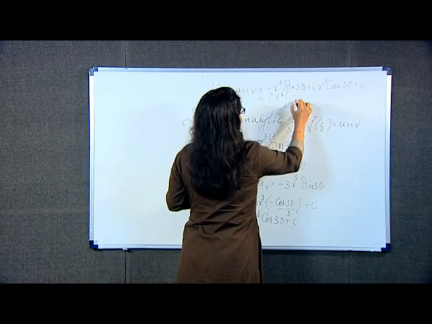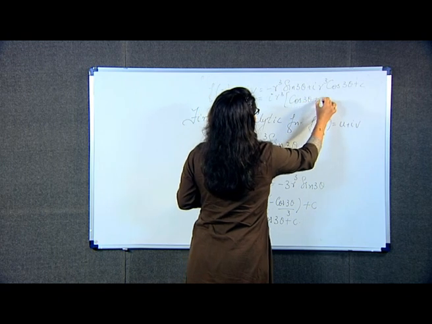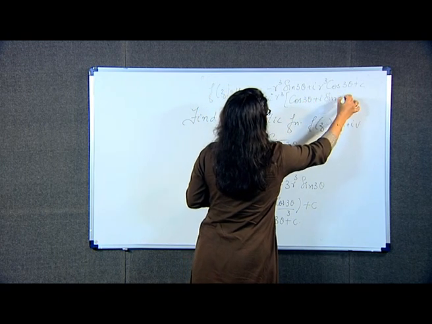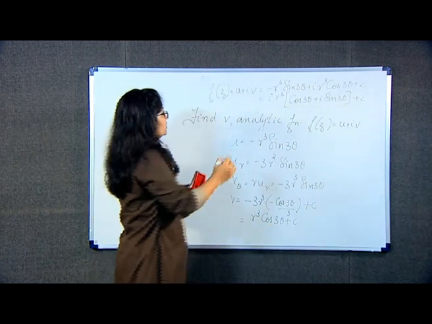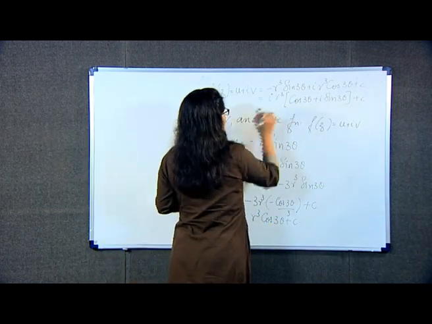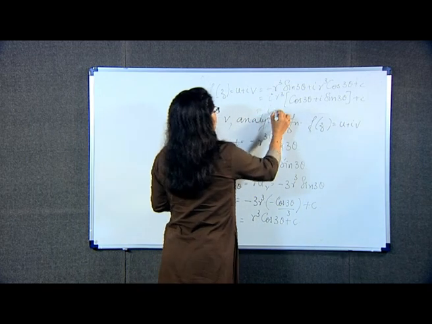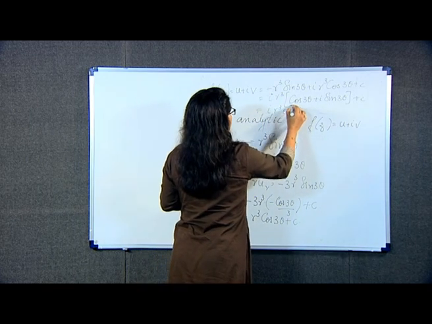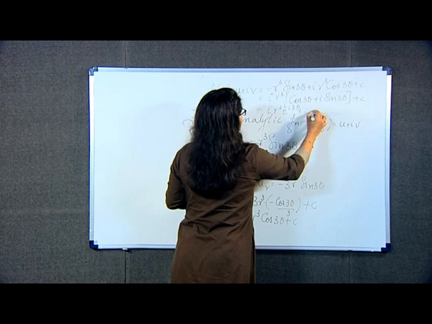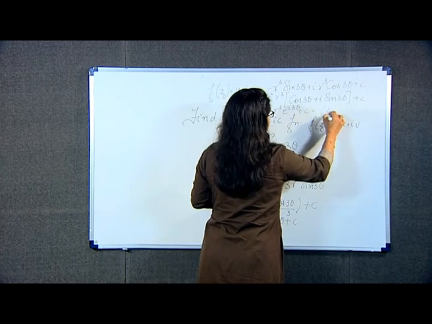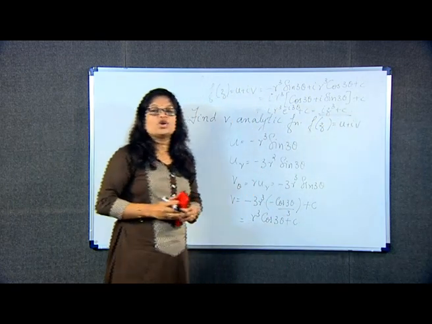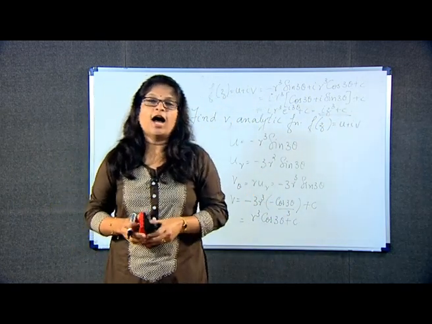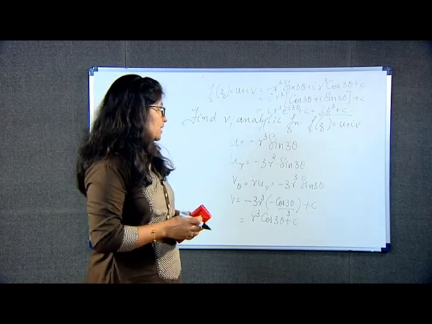So, it becomes cos 3 theta plus i sin 3 theta plus c. So, what is that term inside the bracket? It is r cube e raised to i 3 theta plus c, which is equal to i z cube plus c. So, now your f of z is nothing but i z cube plus c,